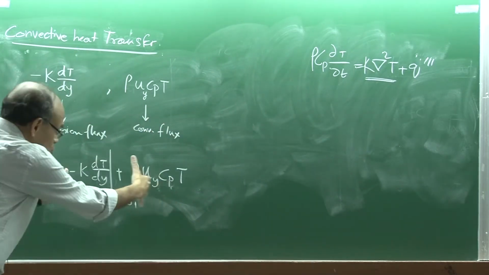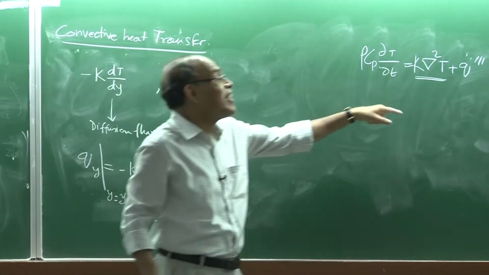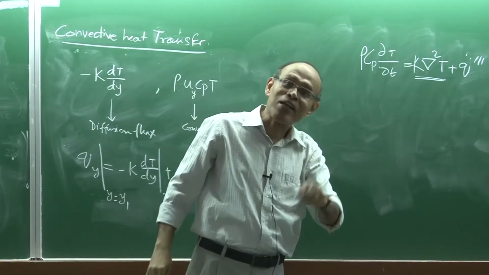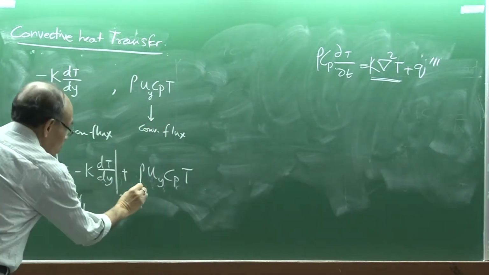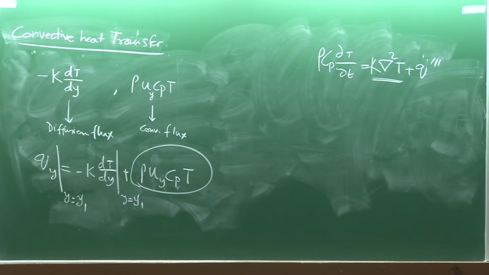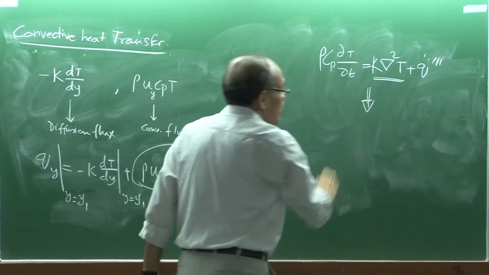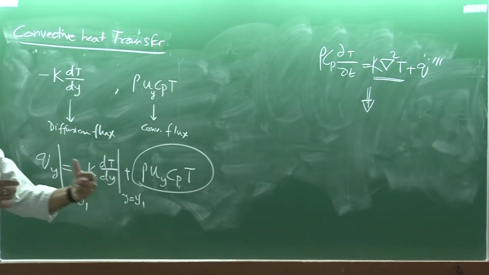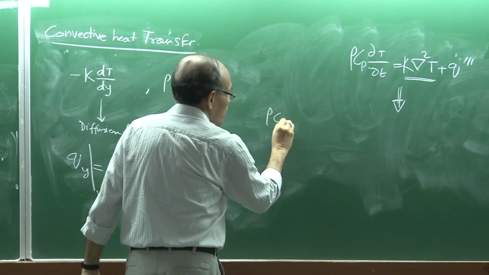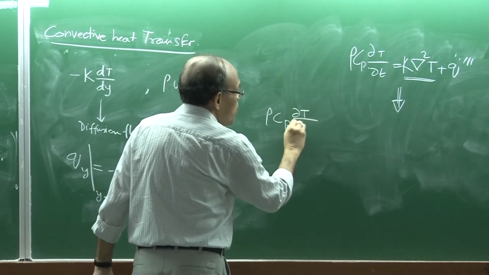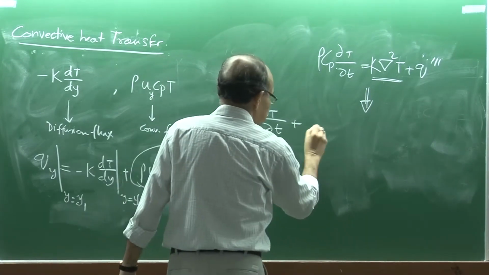If I substitute the total expression, not just this, I will have three additional terms, one along x, other along y, other along z, and those three terms will be reflecting this. So, I am not going to derive this again. By performing an energy balance, one can show that the equation in the presence of convection can be written in terms of